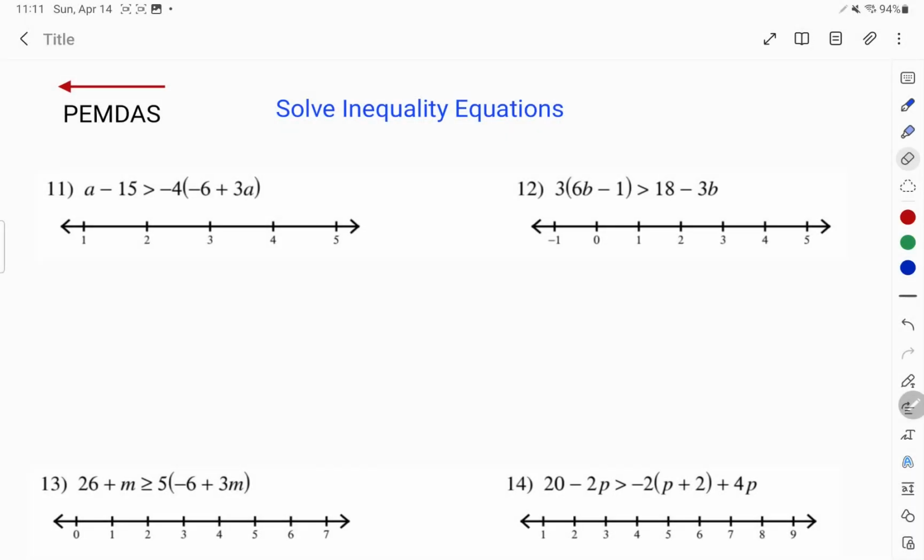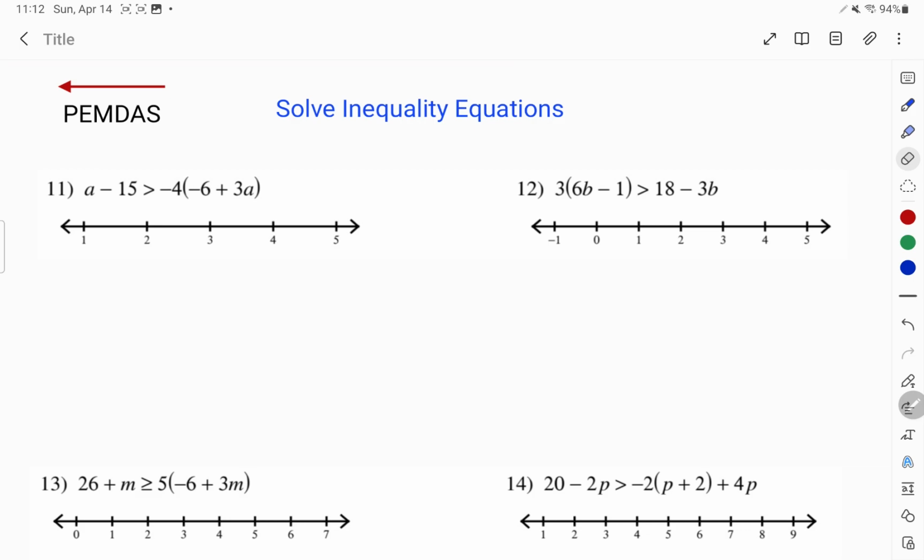Hello, guys. So today we're gonna go over solving inequality equations. This one's gonna be just exactly the same as multi-step equations. The only difference is that now we have what we call an inequality. It's gonna be a little sign like this, so we're just gonna have to make sure we keep an eye on that one. The only difference between that one and an equal sign, well, I mean, obviously the answer changes,